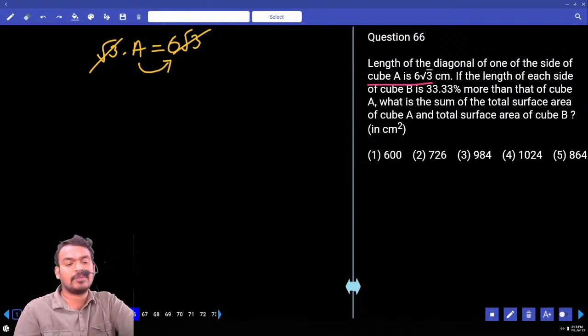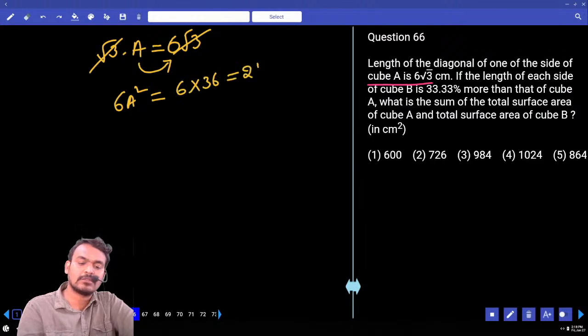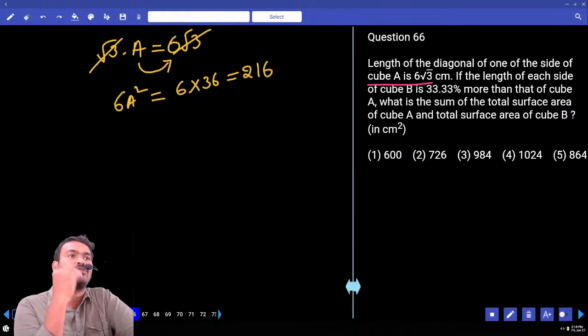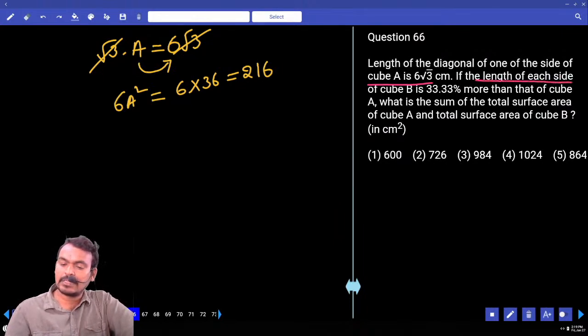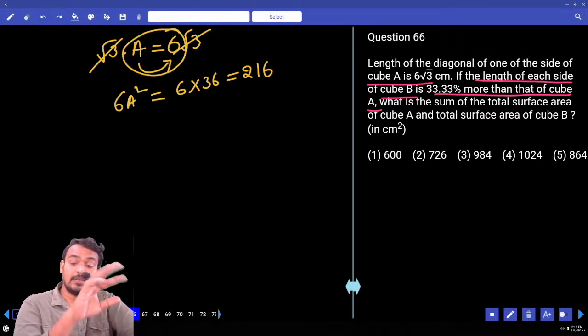What is the total surface area of cube A? 6 A square, or not? 6 A square. Then we write 6 into how much? 36. What is 6 into 36? 216. That is the total surface area of the first cube or the second cube? First cube. Next, the length of each side of cube B is 33.33% more than cube A. What is A's side? 6. Then B's side will be